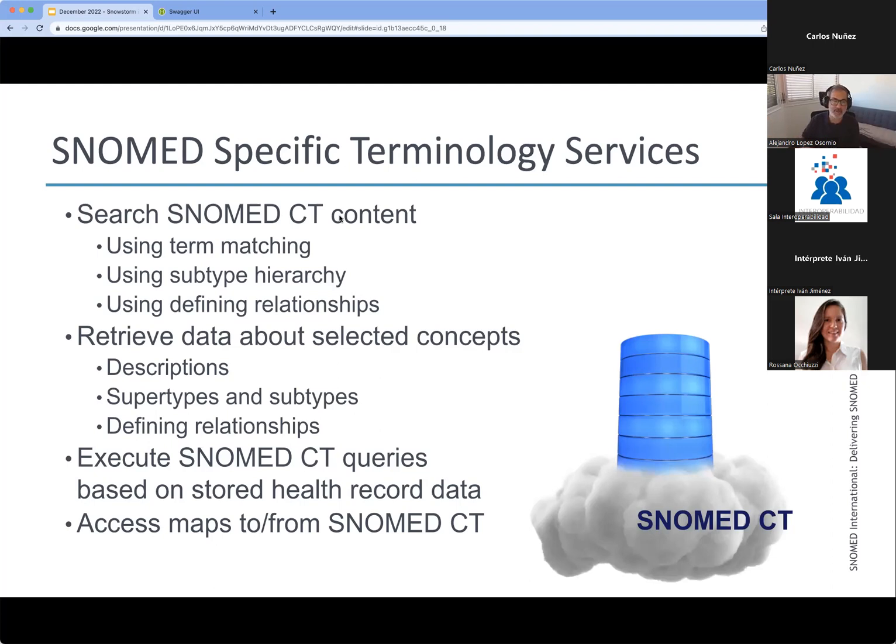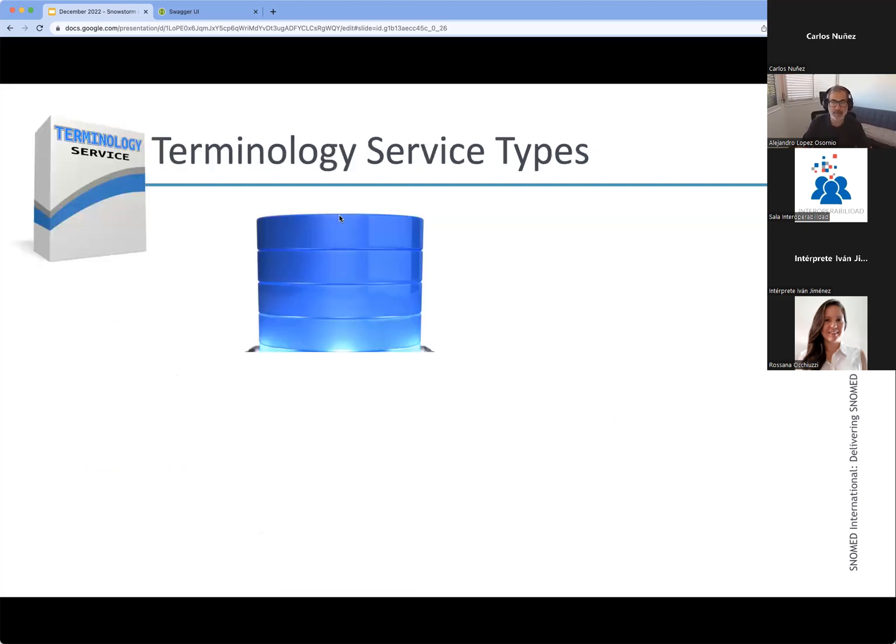But when you have to start thinking about a hierarchy, the defining relationships and queries, then instead of giving me a SNOMED file to put in my system and programming all of these accesses, I put that in a server and I use it with an API, and I really do not need to develop all of this knowledge from zero: the hierarchy, the attributes, and the queries. And also SNOMED provides mapping, which is very important to have access to. These ones are a little bit easier because it's a relational table, but some of the others are very complex